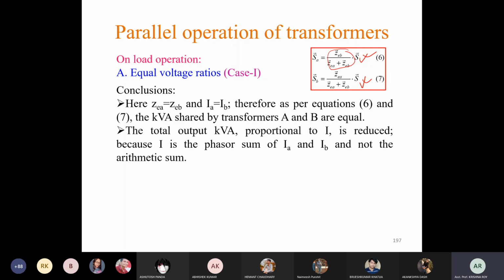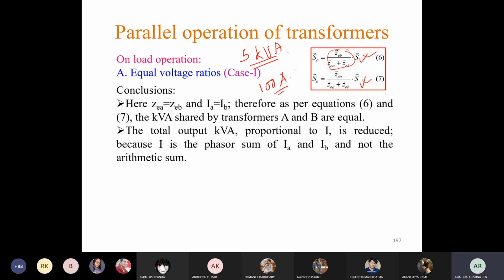See, the total kVA output proportional to I is reduced because I is the phasor sum of IA and IB and not the arithmetic sum. Okay, so total kVA, suppose a load of 5 kVA is connected across two transformers. So if the current is suppose 100 ampere,